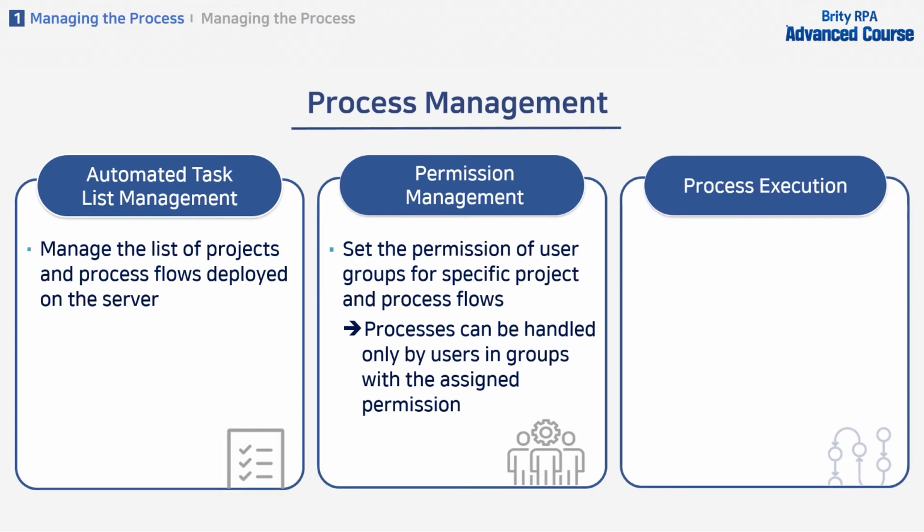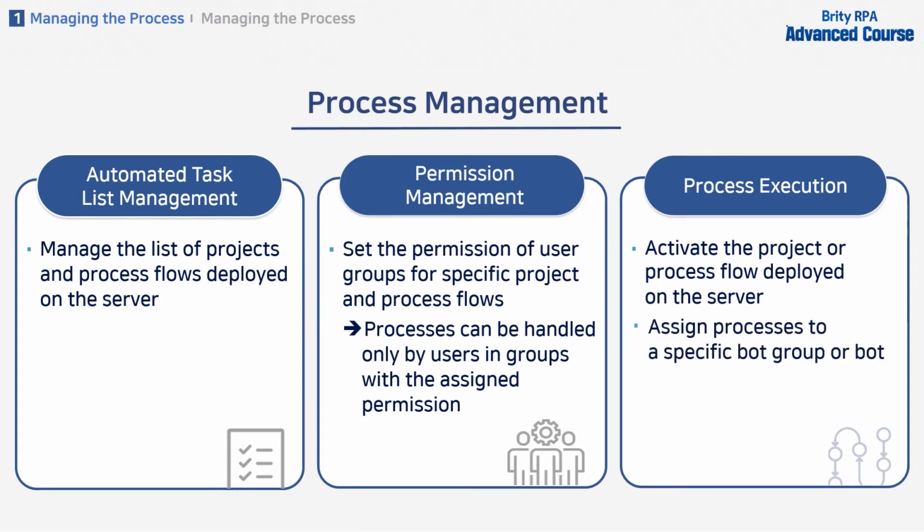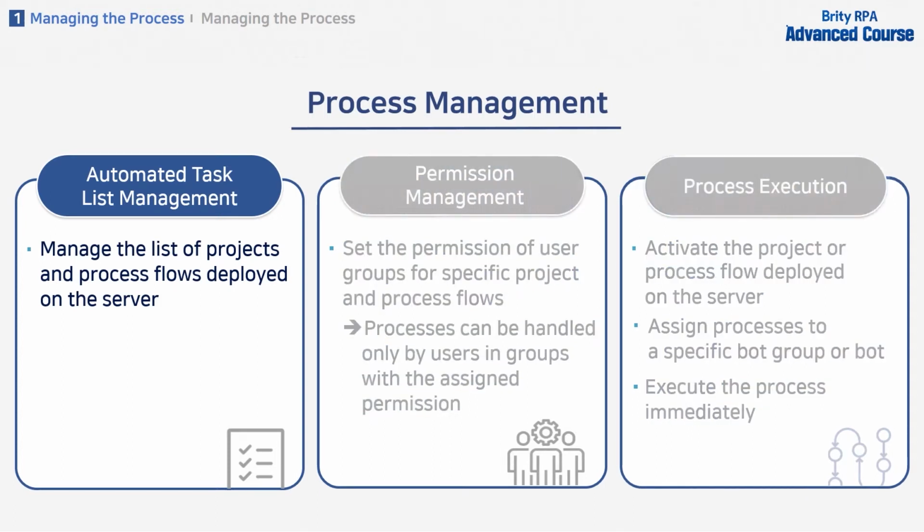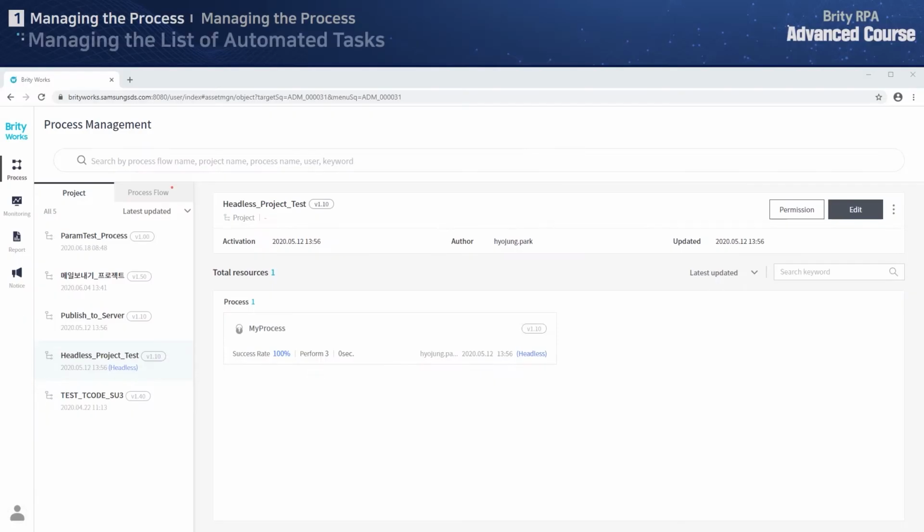Finally, you can execute the process. This means that the process deployed on the server can be assigned to a specific bot group or a bot and be executed immediately. Let's start by looking at the automated task list management functions. If you click the Process menu on the left side of the user portal screen, the Process Management screen appears